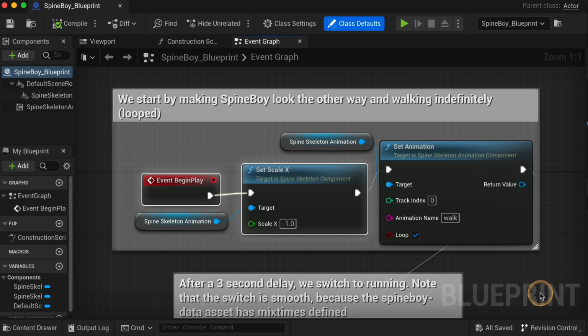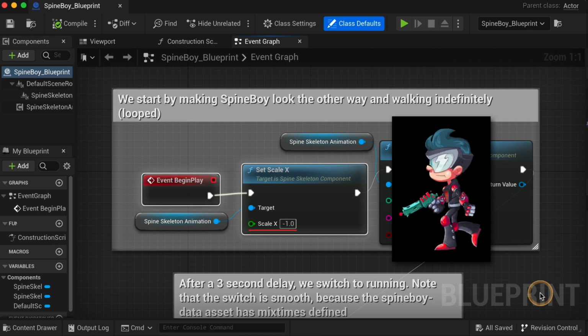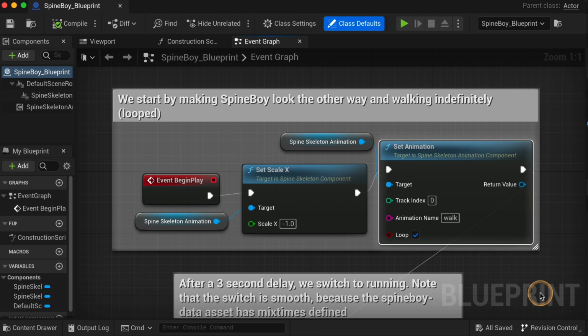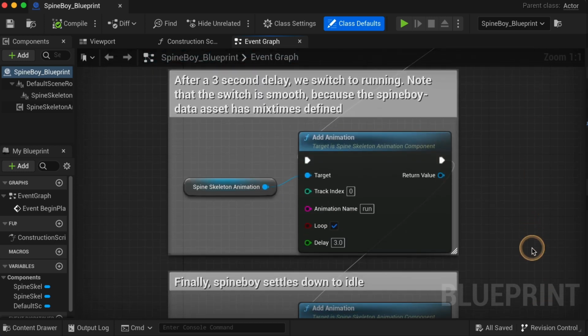Its ScaleX value is set to -1, so the skeleton is flipped when the level is started. Here we can also see that the walk animation is set as the first animation to be played. Moving to the second comment box, the run animation is queued on the same track as the walk animation using